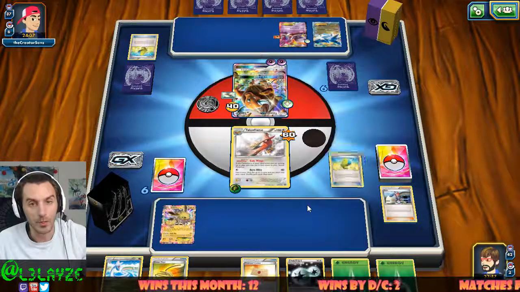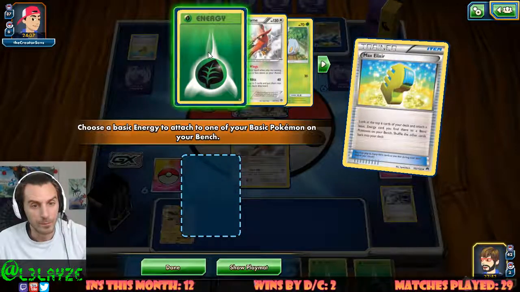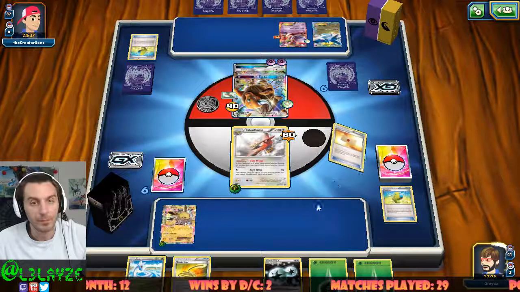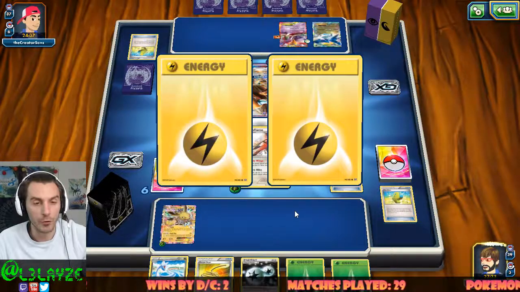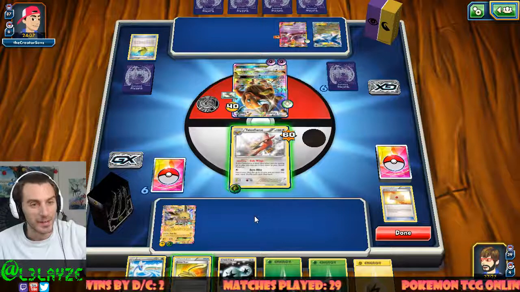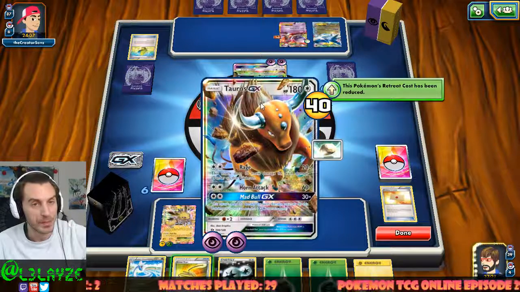Let's see what we got going on. Lightning energy. No, that didn't quite work out the way I'd wanted it to. I have all the grass energies in my hand right now. That's crazy. All of them are in my hand. I can't really do what I want to do just yet. Although I'm afraid that if I attack him...